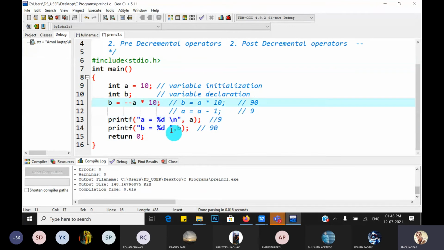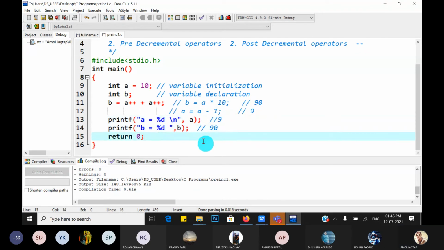But guys, tell me, if I write like this, B is equal to A plus plus plus A plus plus, what is the output of A and of B? Both are post increment.